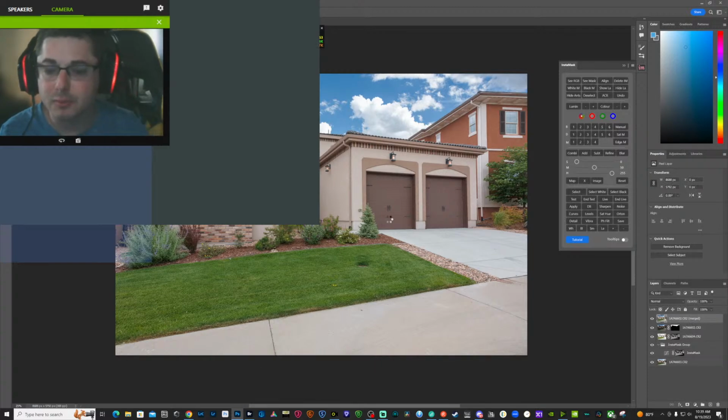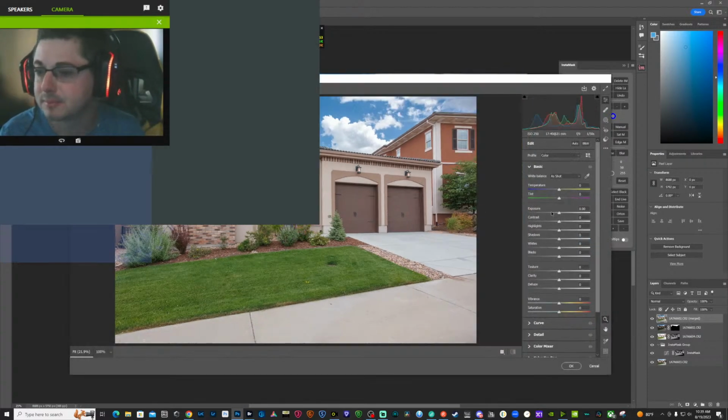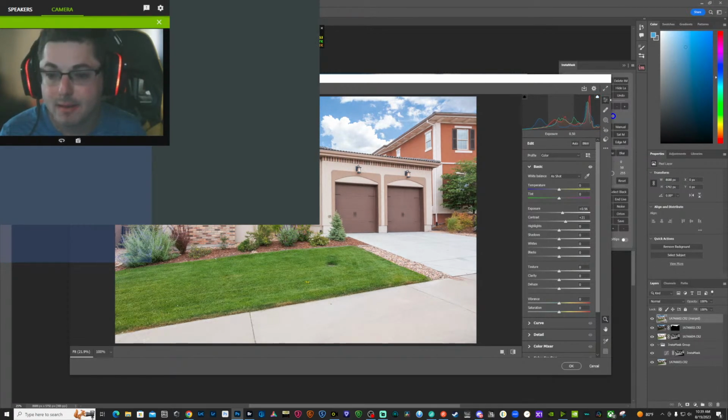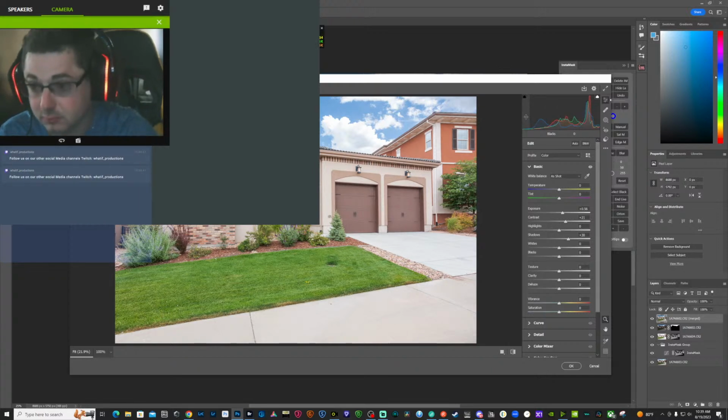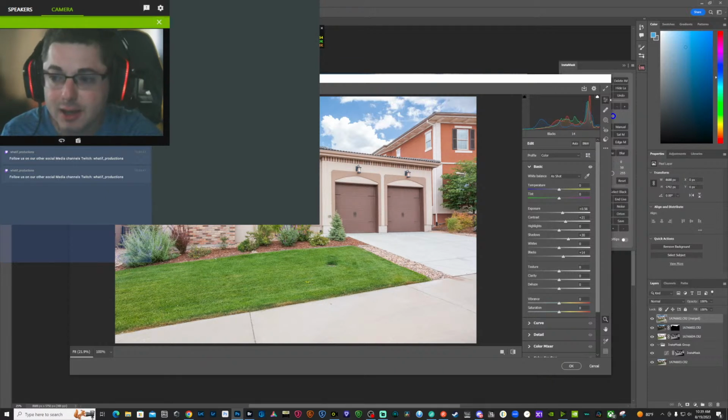I'm going to give everything more contrast here. Start with exposure. Good there. Push our shadows. Push our blacks.